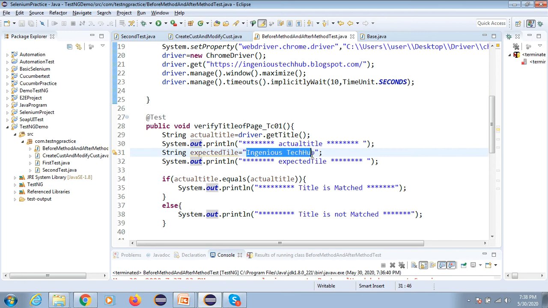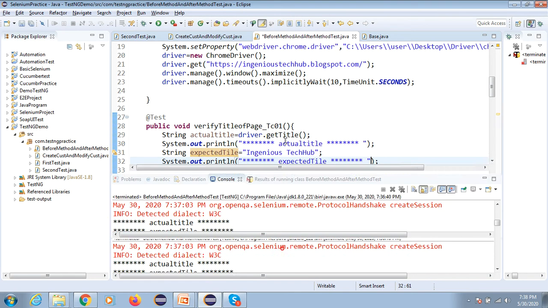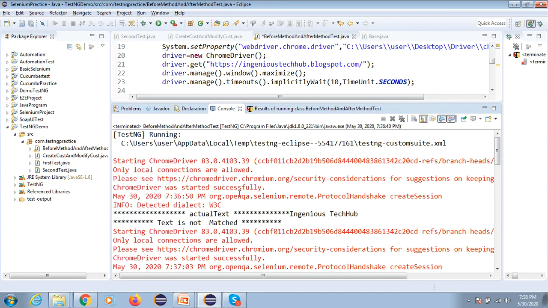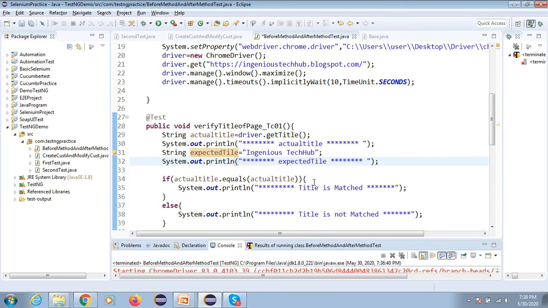So this is our expected. Actually I did not print this expected. Okay, so now I want to print this also. This is the title, right? One second. Actually this title is different. The title did not print.